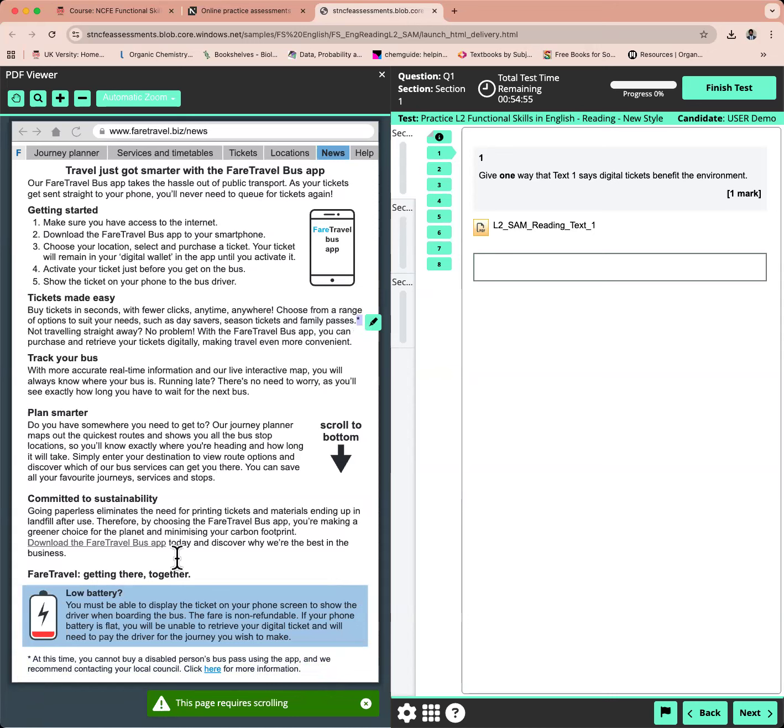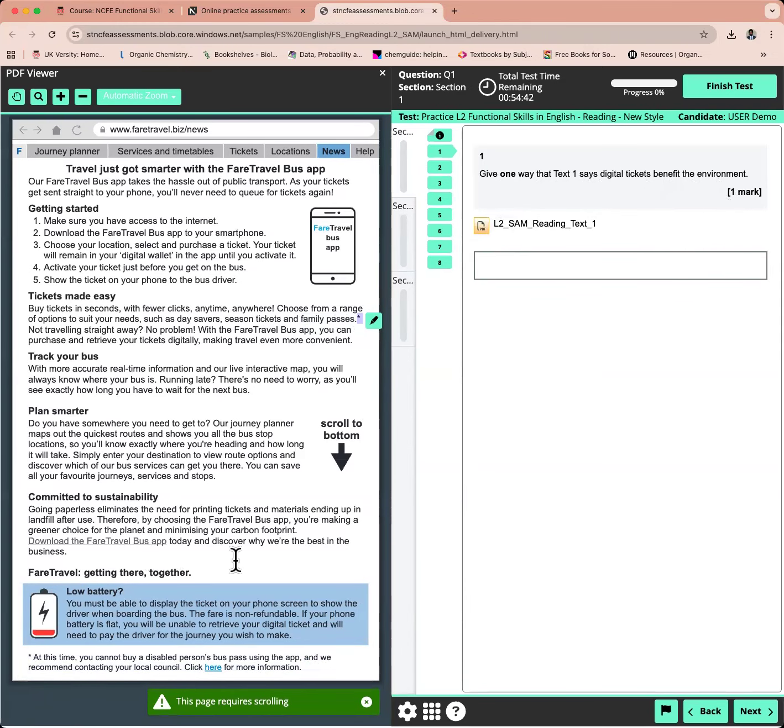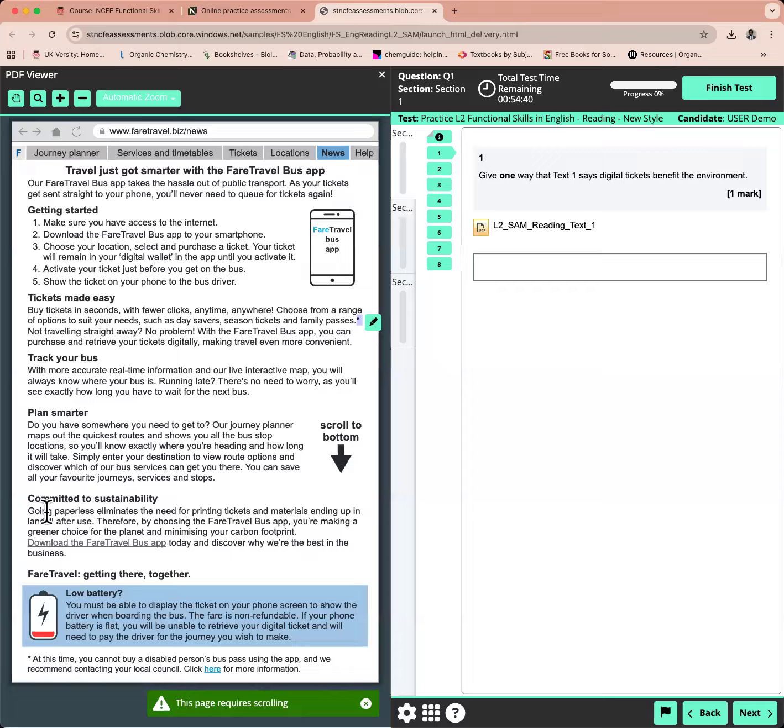Now, having read this, what I would then do is start answering the questions. Now it says give one way. The text says digital tickets will be a benefit to the environment. Because I've read this in detail, I know it is coming from committed to sustainability. So I will make the answer quickly. Using the